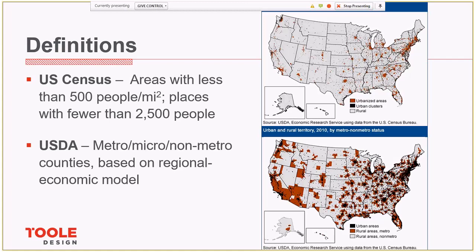On the map below, you can see the urban areas in black, the rural areas that are part of that metro area in the red color, and then the rural areas that do not have a strong connection to an urban area are shown in gray. These definitions matter most for grant opportunities with these federal agencies, and much less so for today's webinar.